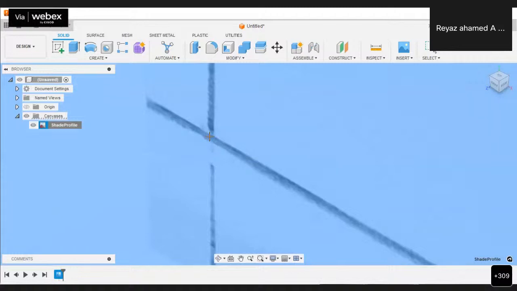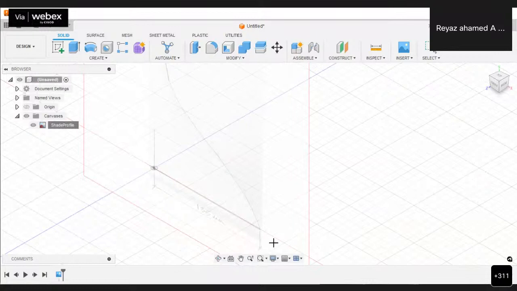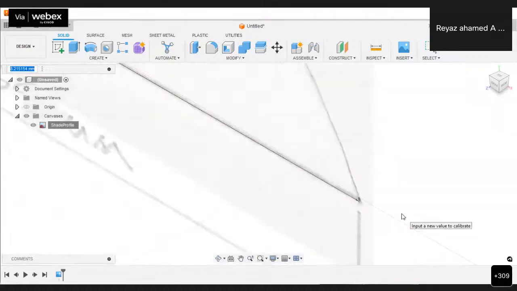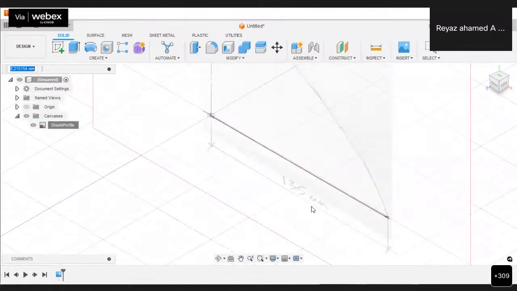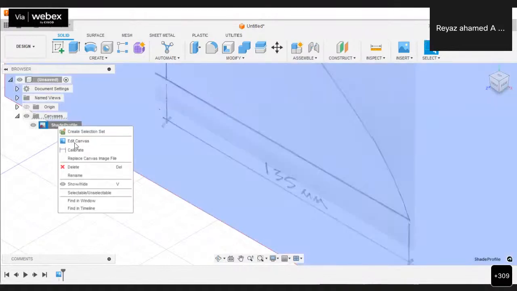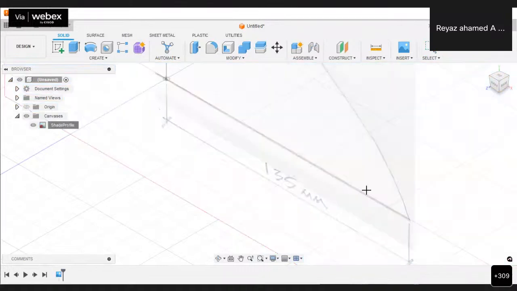Let me click on this point. And then until where we have to check it. So until this end. See, check what is the length of this one. Just right click on calibrate, click on this particular point and also click on this endpoint.